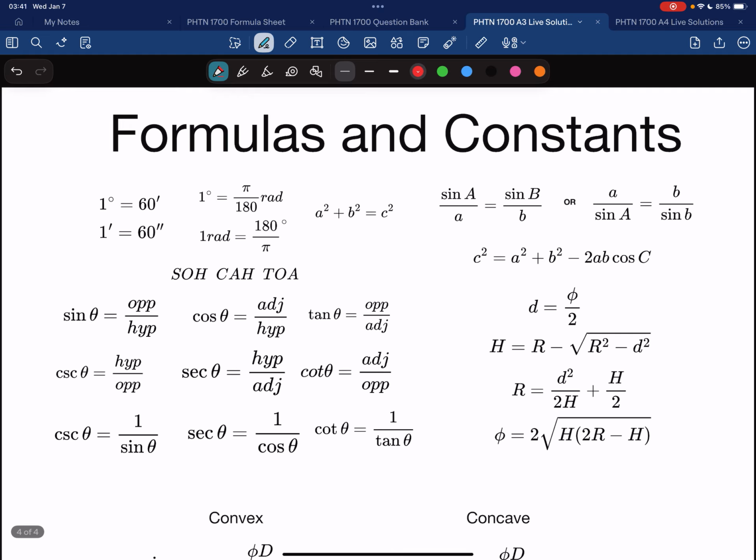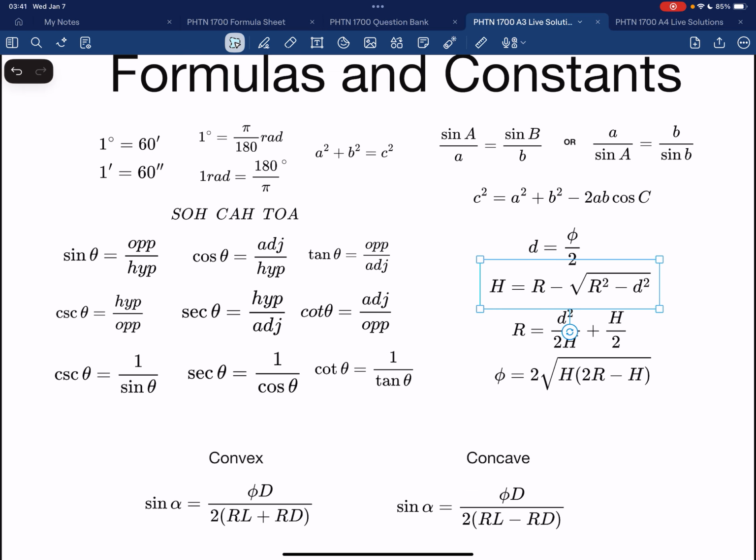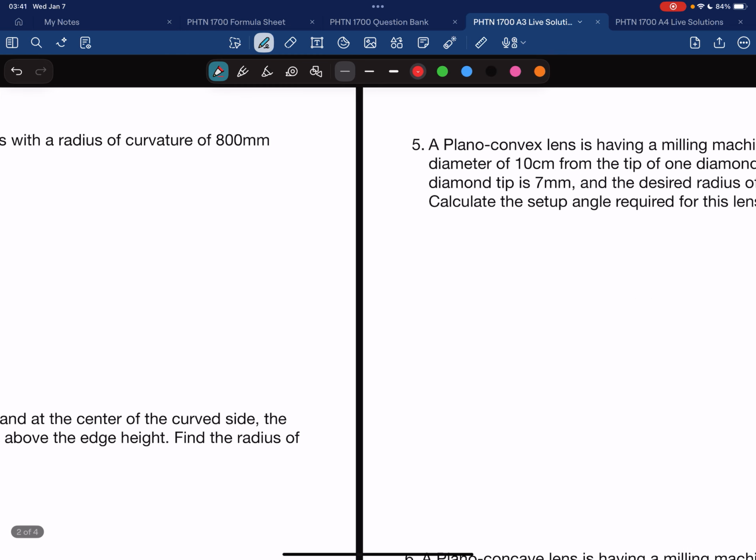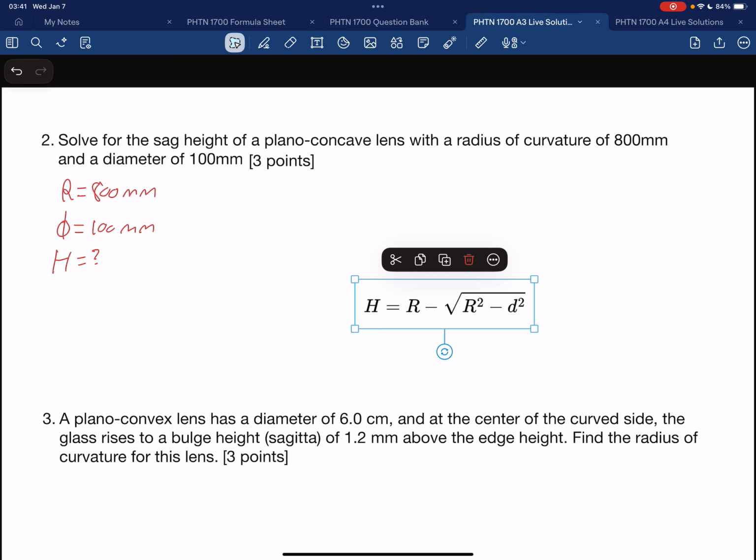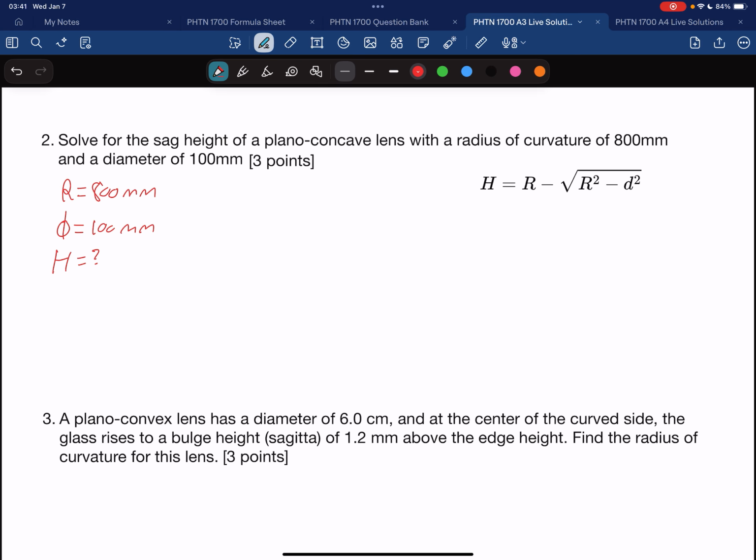Looking for our formulas over here. We are going to be using this one boxed in blue. So let me copy that and paste it over here. That's the formula we're going to be using. So I get H equals the radius, so that's 800 millimeters. I will not include units here, save a bit of room, minus